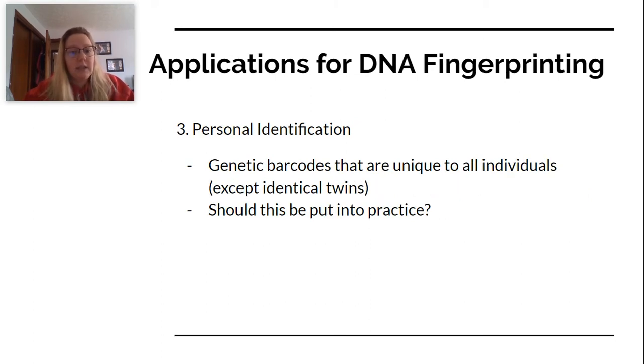And lastly, we are able to do personal identification. So in cases of mass terrorism or mass murder like 9/11 or any of the big school shootings, where we're unable to identify someone based off of face or fingerprint, we can take samples of their bone or DNA for personal identification. We can create a genetic barcode that is unique to all individuals except identical twins,